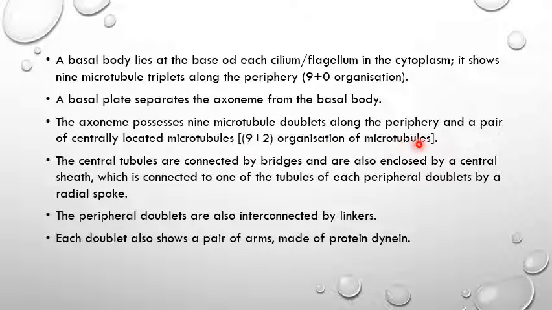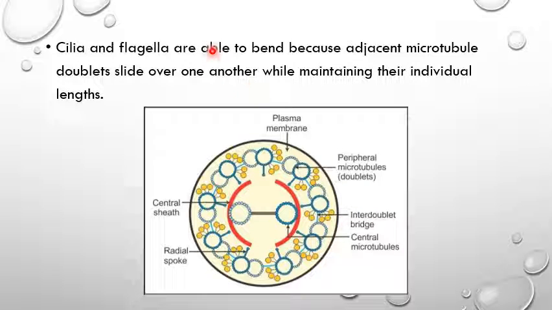organization of microtubules. The central tubules are connected by bridges, and they are also enclosed by the central sheath, which is connected to one of the tubules of each peripheral doublet by the radial spoke. The peripheral doublets are also interconnected by linkers. Each doublet also shows a pair of arms made up of a protein, dynein. Cilia and flagella are able to bend because the adjacent microtubule doublets slide over one another while maintaining their